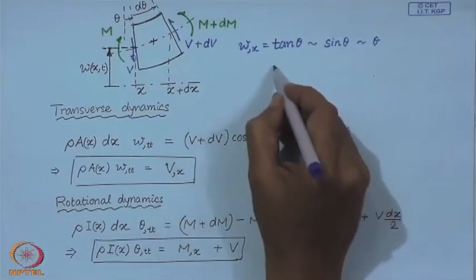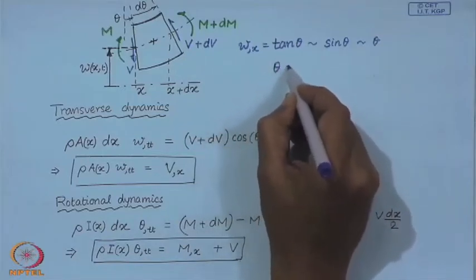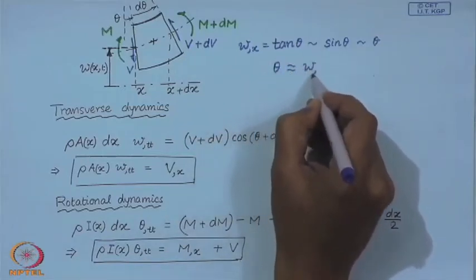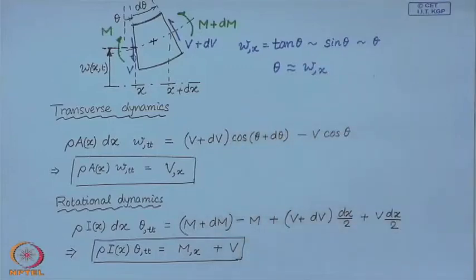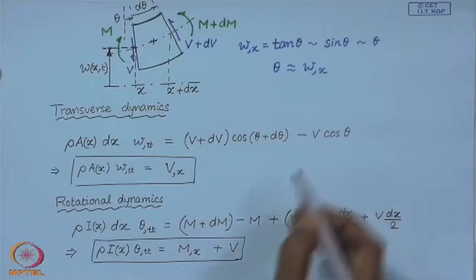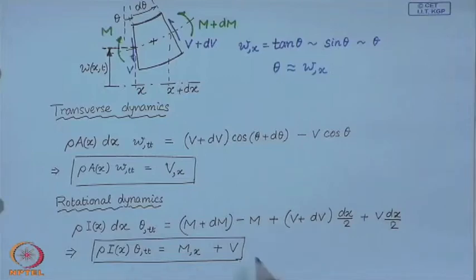So, therefore, theta is approximately the slope of the beam. Therefore, from here I can rewrite this equation as